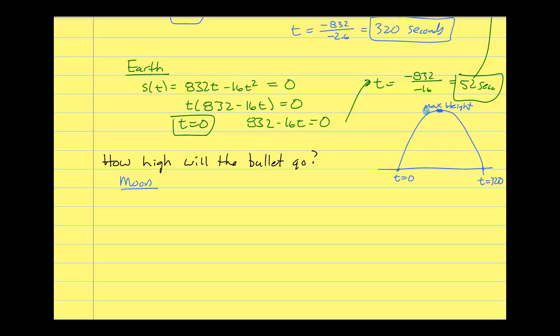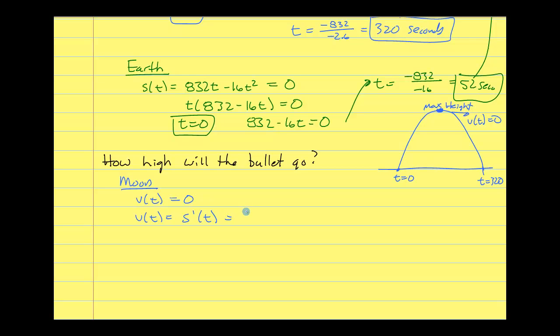Well, if you think about it, on this side, as I'm traveling along this path, velocity is positive, and over here velocity would be negative because you're falling back down. So I'm looking for the point where velocity is neither positive nor negative right here. And so this is where v of t equals 0. Okay, so v of t equals 0 is what I want. Well, what is v of t? Well, v of t is the first derivative of the position function. So our position function here was